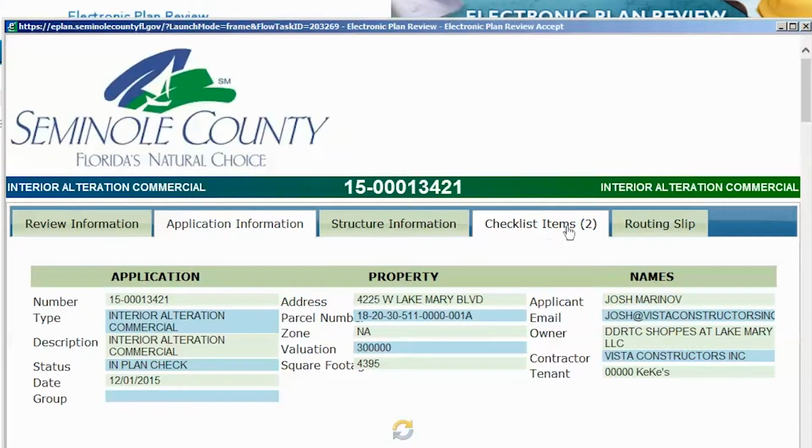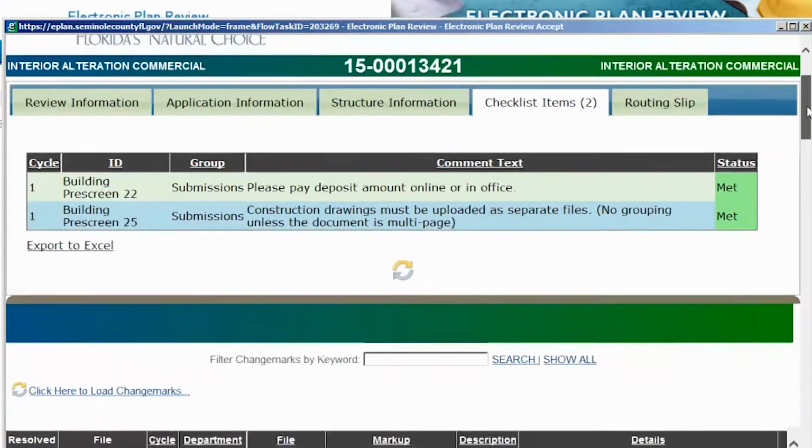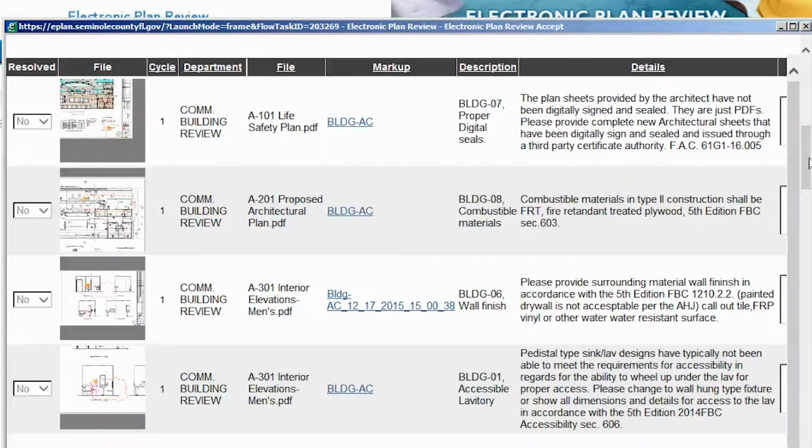In addition, you should click the Checklist Items tab, and this will open the section of the form called the Checklist Comments. This only has two of them, and both of them are showing as though they are met. So there are no comments that need to be taken care of. However, let's move further down into the task e-form, and we can see that there are some drawing comments